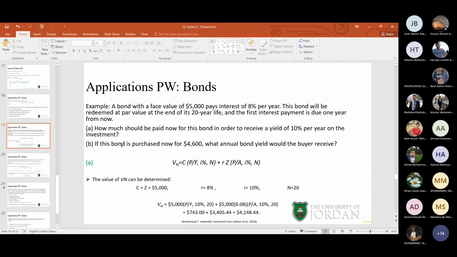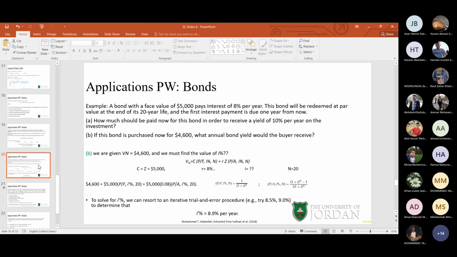هلا السؤال بيحكي لي if this bond was purchased now at 4,600, what's the annual bond yield would the buyer receive. يعني فعليا أنا السؤال بيحكي لي in case I had the present worth ودفعت اليوم 4,600, how much would be the annual bond yield. فالسؤال فعليا عم بسألني إيش قيمة الانترست ريت اللي راح يرجع لي فيها or I would recover what I paid